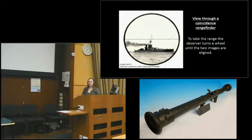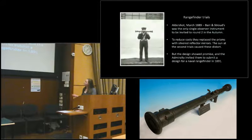And the amount that they needed to turn the wheel depended on the inclination of the beams of light, which in turn depended on the distance of the object. So when they were in coincidence, this is called taking a cut, and they could then read the range from a pre-calibrated scale. So their design went to the trials, which took place in Aldershot during March 1888, and theirs